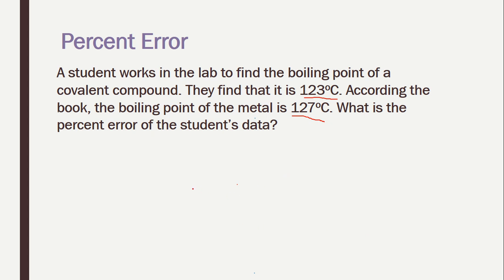So 127 minus 123. So the actual reference minus the one you figured out in the lab. And you want the absolute value of that, divided by the one that you got from the reference, which is 127. So that comes out to 127 minus 123 is 4. That's already positive, so it's good. And 4 divided by 127 turns out to be in the ballpark of